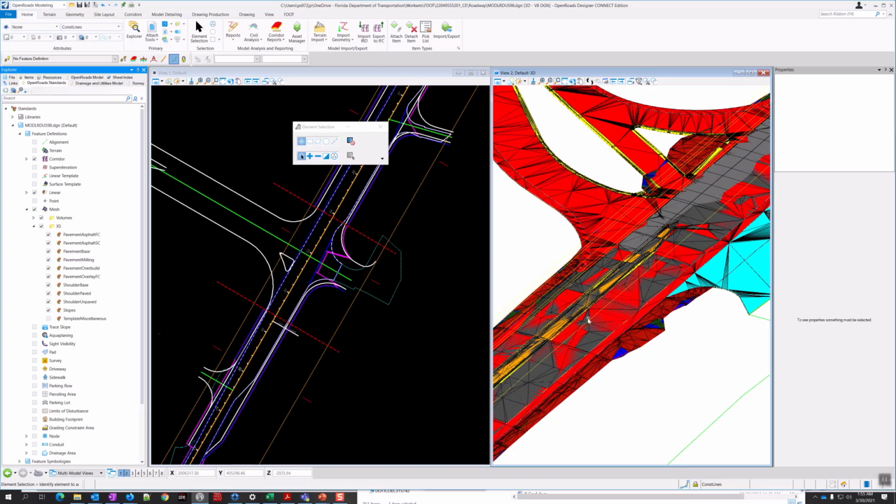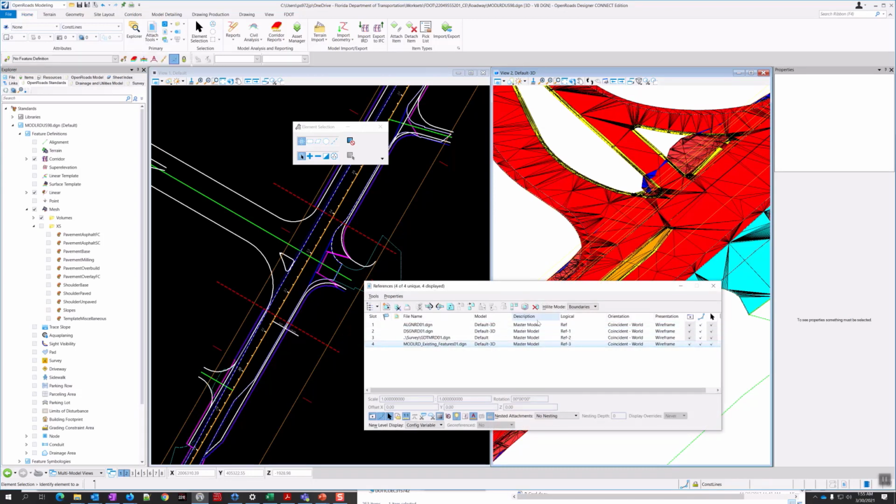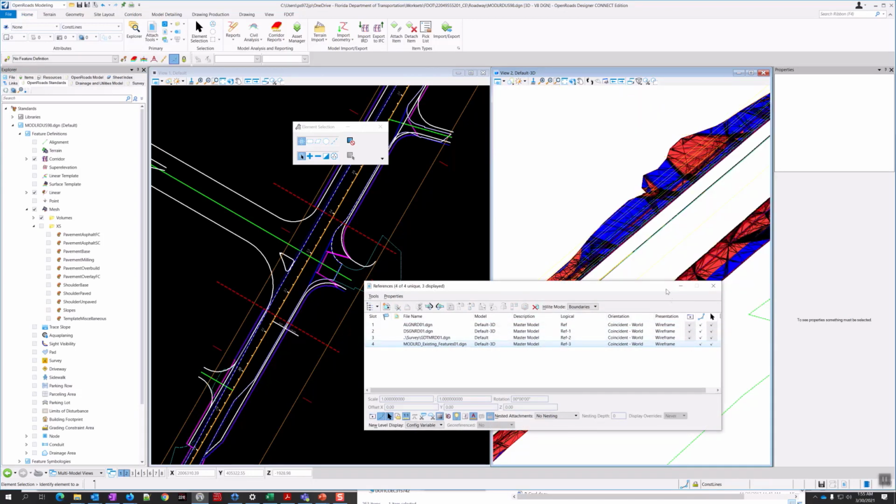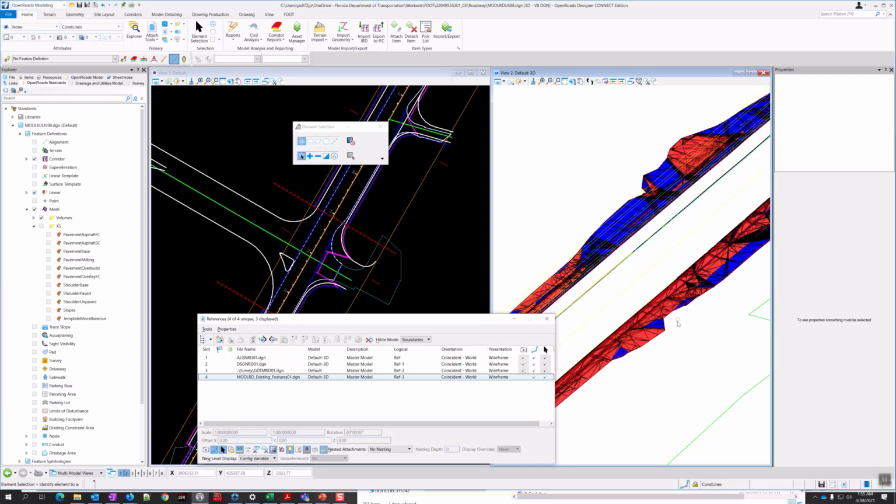But again, because this is a resurfacing project, in some places it's flush with the existing. So you got different shades of red, and there's a whole lot going on with that. So it can get a little bit tricky. So that's certainly where it might be useful. Let me just come in here and turn off the cross sections altogether, and that doesn't affect the existing features. So let's go in here and just turn off the display of my existing features in the 3D view, and okay, now I can see my cut and fill volumes.